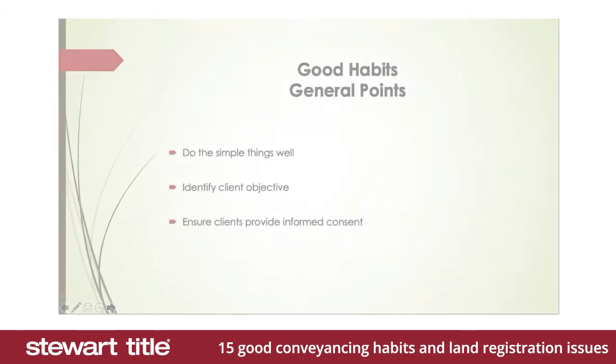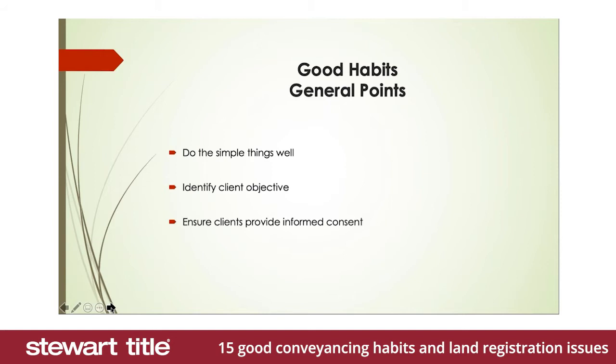The first thing I want to talk about are just some general habits about doing the simple things well. The vast majority of negligence claims against residential conveyancers arise as a consequence of a failure to do simple things well. The average value of a negligence claim against a residential conveyancer is £15,000. So frequently it's the obvious thing that's missed that tends to lead to a claim, not the complex matter or something you've never seen before, because in those circumstances you tend to take a step back and have a long, hard look.